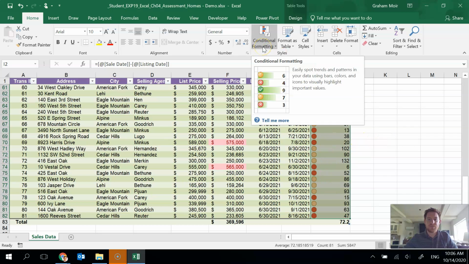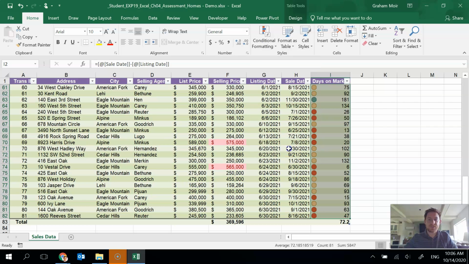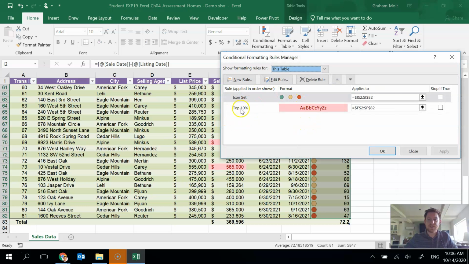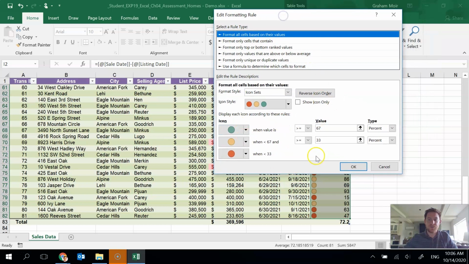So go back to conditional formatting, and we need to manage rules. So do that. So we can see our two rules. We've got the top 10% on the F column and our traffic lights on our I column. So I'm going to click so that's highlighted and hit edit rule. So now we get to change how we want it. So we want green for homes that sold within 45 days, yellow for 46 to 90, and red for more